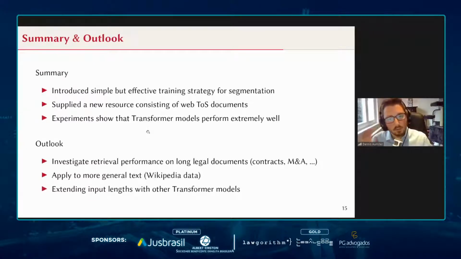As a brief outlook, what we can do in future work is investigating the actual retrieval performance, specifically in long legal documents. I've already mentioned in the introduction some of the use cases that might be applicable here. We're also working right now on a more general text segmentation model, which is trained on Wikipedia data, just to see how that compares, maybe also in a zero-shot setting with domain-specific data. And largely, we've already heard about other transformer models that have a longer input context, which might be beneficial for our training on paragraphs. So this is one of the options that we can pursue here as well.